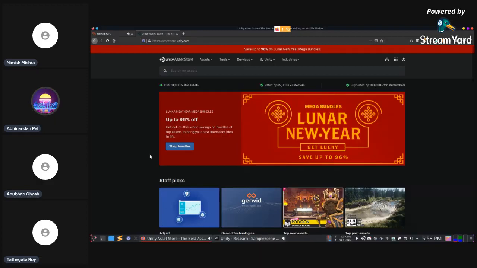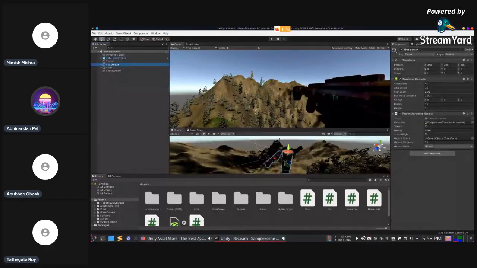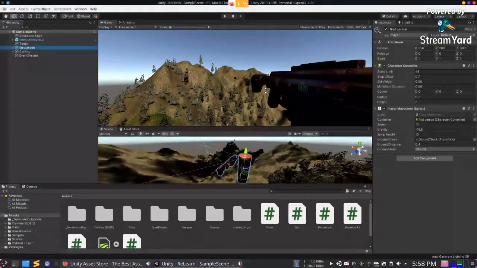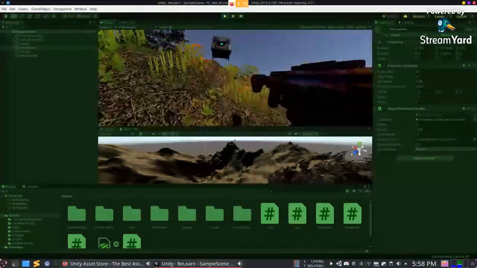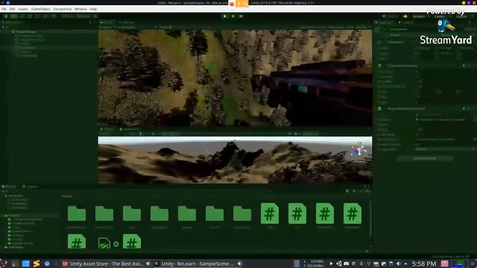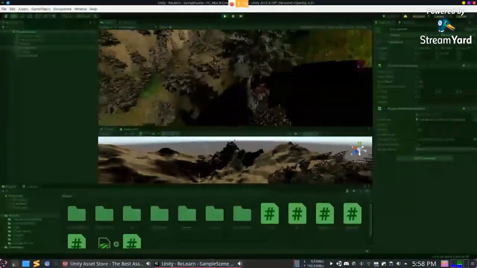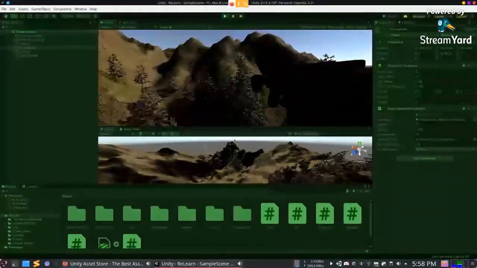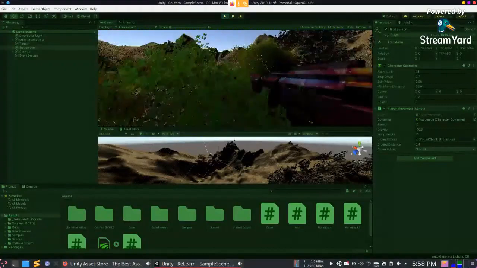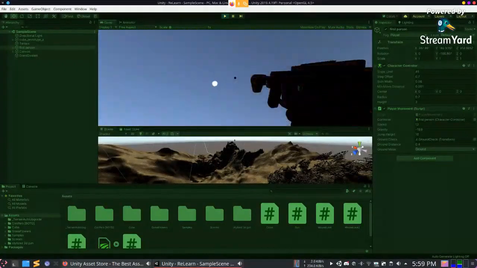We will be taking you through the basics of Unity, and this will be a series of 2 or 3 videos. This is what we aspire at making. I'm just going to run it once and show it to you. This is a basic FPS within a terrain, with normal player movement and the mouse look.